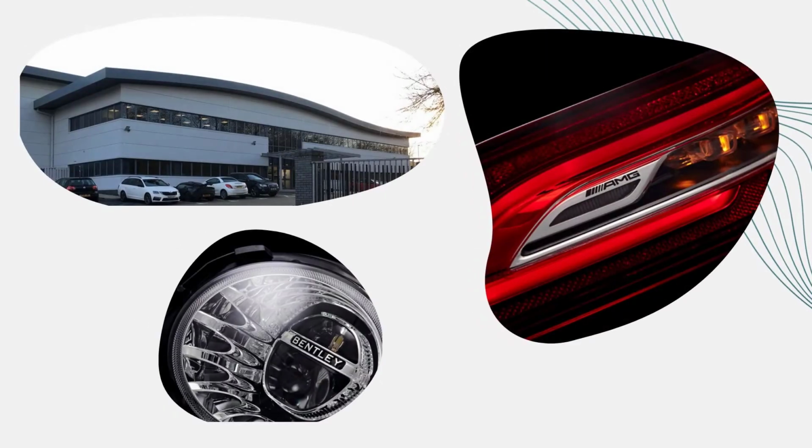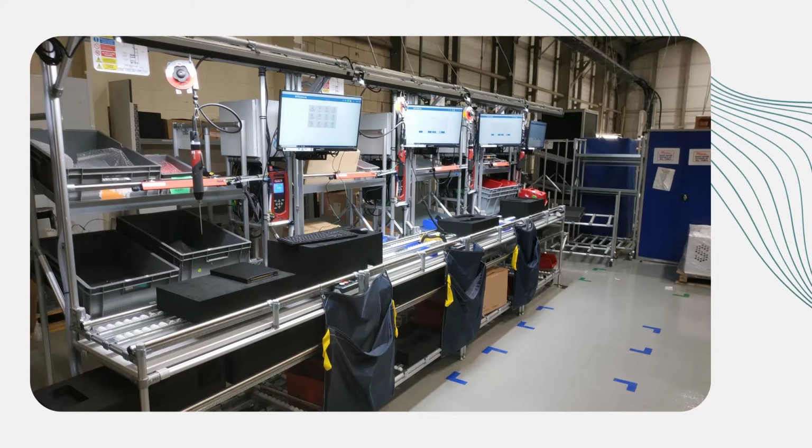Our client designs and manufactures bespoke exterior lighting for the world's leading performance and luxury automotive brands. They combine advanced R&D with flexible low-volume manufacturing. They approached us to help set up a single-piece flow production line to create a more flexible, productive and traceable